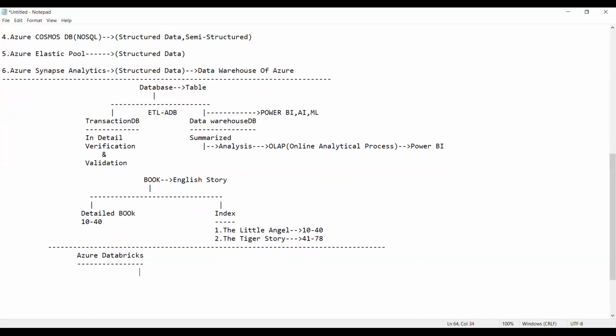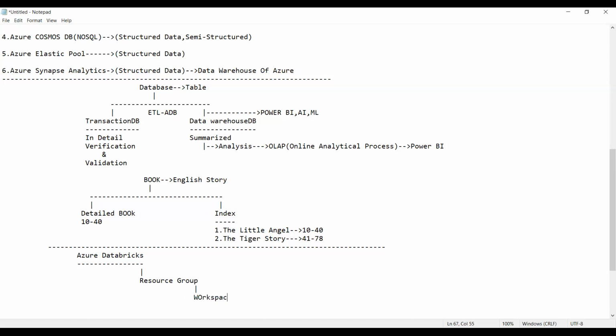Here, this is the hierarchy it follows. An Azure Databricks session requires first a resource group. We can have one or many resource groups for a Databricks session, whereas the resource group is the collection of